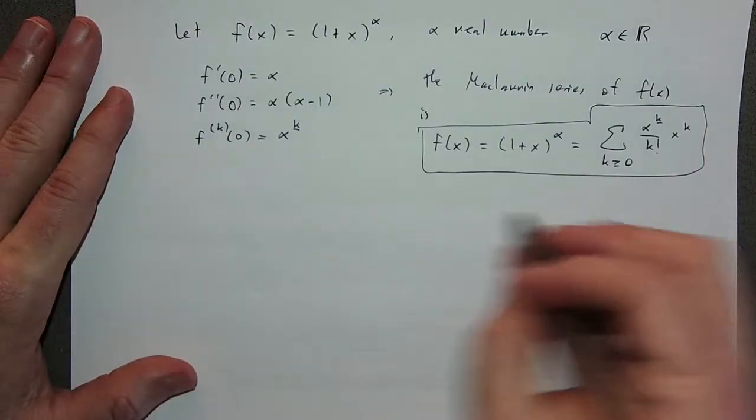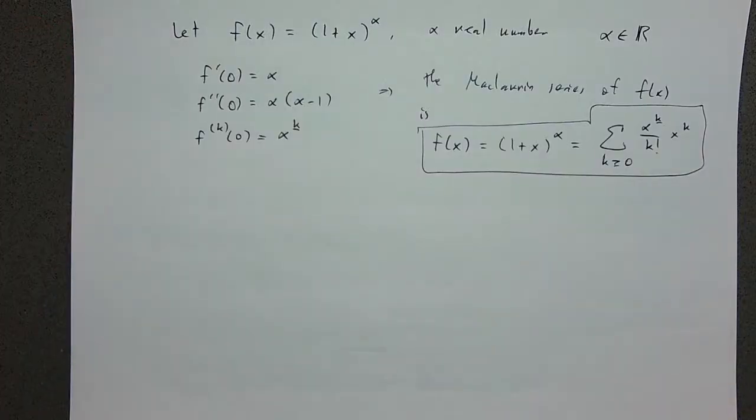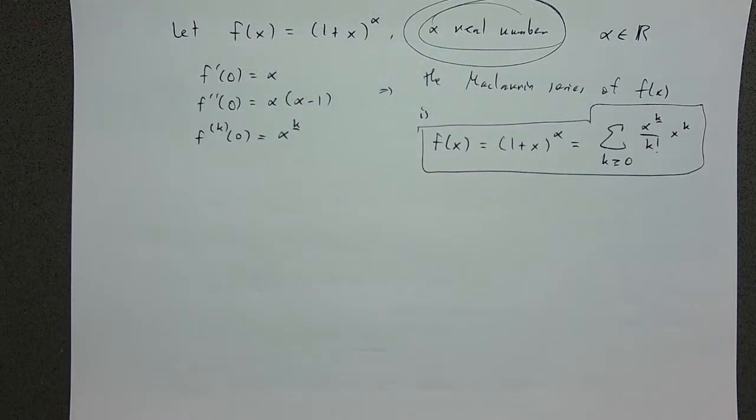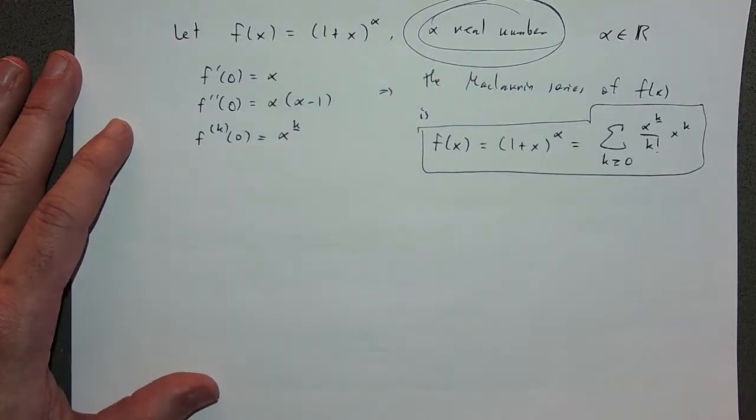Now, you look at this and you immediately say, wait a minute, why can't I use the binomial coefficient here to write this down? And then I have to remind you, well, because alpha is a real number. So what binomial coefficient are you going to use? Alpha choose k? What does it mean to select k objects from 3.1415926, pi objects, right? We don't have a notion for that,